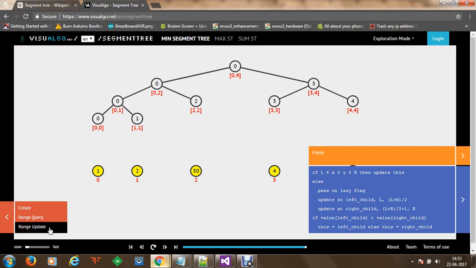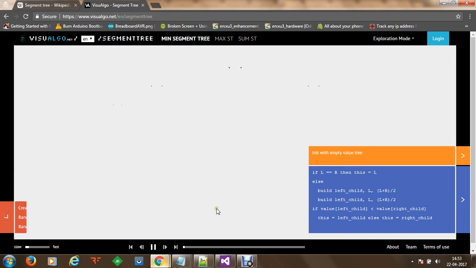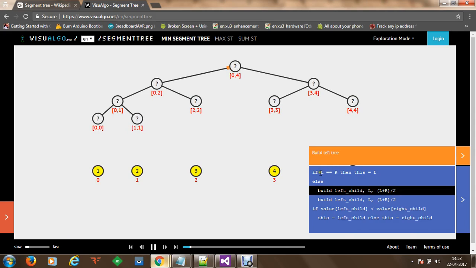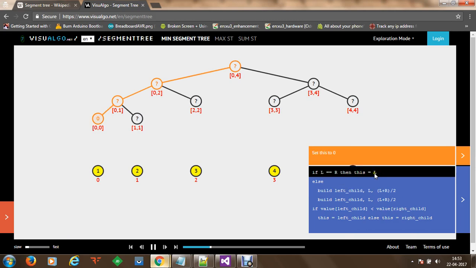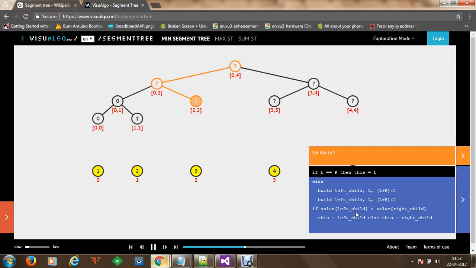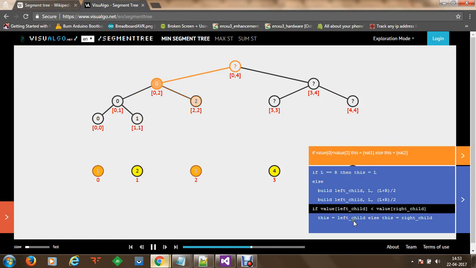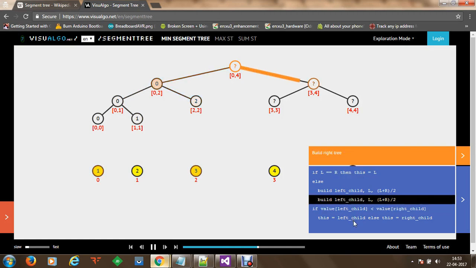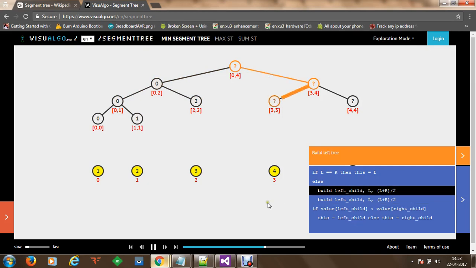So let's get started. In order to create, we can see a simple example, and we can see the logical code available here. You can see that if the left node is equal to the right node, then we are going to return the left node. Otherwise, we are going to build the left child and we are going to build the right child. And once we are done with building of these children, now we are going to proceed to compute left child versus right child, and finally we are going to return a value, and this return value will be a segment tree.